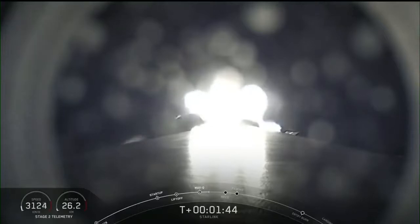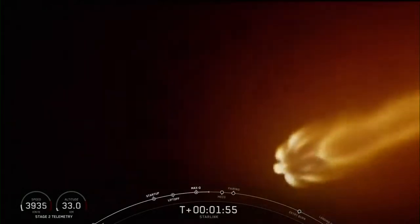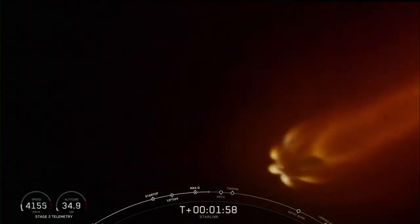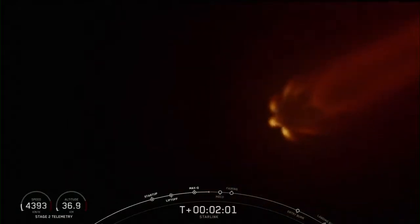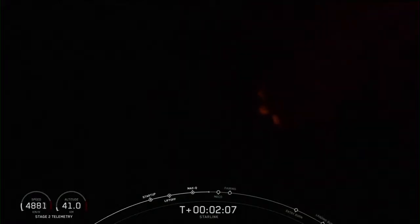Next up will be 3 events happening back to back, and that will be MECO, or main engine cutoff, stage separation, as well as second engine start, or SES-1. Main engine cutoff, or MECO, is when all 9 of the M1D engines shut off and slow the vehicle down in preparation for the next event, which is stage separation. And stage separation is where the first stage separates from the second stage, with first stage making its way back to Earth and second stage taking our satellites to their targeted orbit. And then finally will be SES-1, which is second engine start, with that MVAC engine lighting up and taking those...